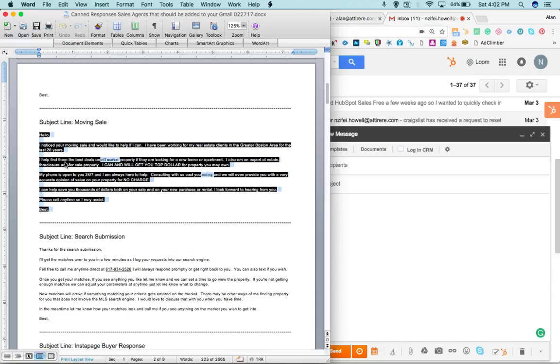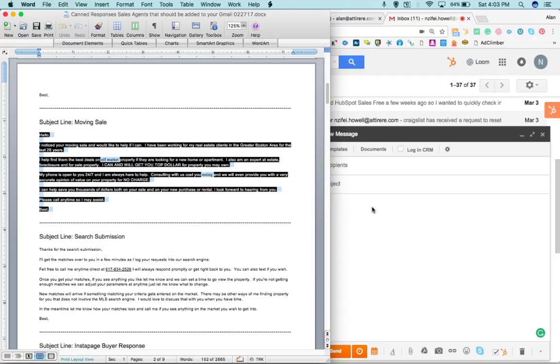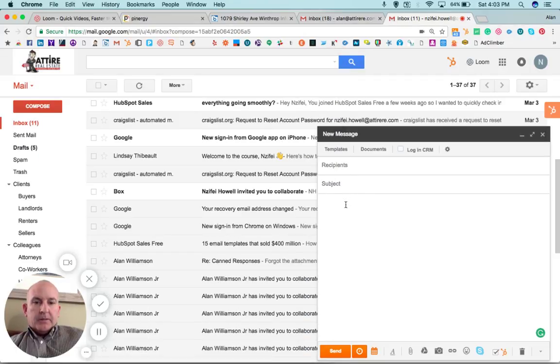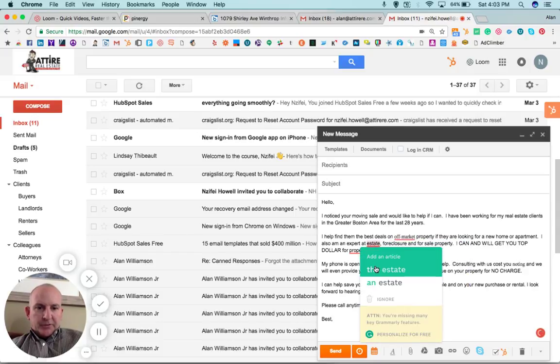So I'm going to highlight the body of the email that you want to send out, and click copy. Then go back to your new message email, and for a Mac, you hit Command V. I forget what the right click is for a PC. I think it's just right click, paste, right? Anyway, put it into the body, and if you need to make any corrections with grammar and stuff like that,